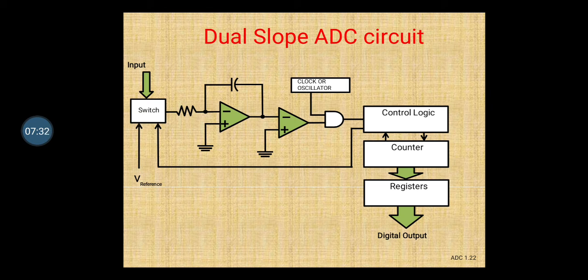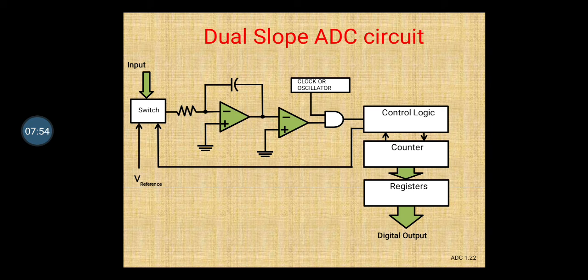Any of the sequential circuits can be triggered on one of these. If it is triggered on the positive edge, then at every positive edge you will get the output if you give the input. So the AND gate output is connected to the control logic, and that is directly connected to the counters. Depending on the AND gate output, the counter will work. So the counter will start counting.